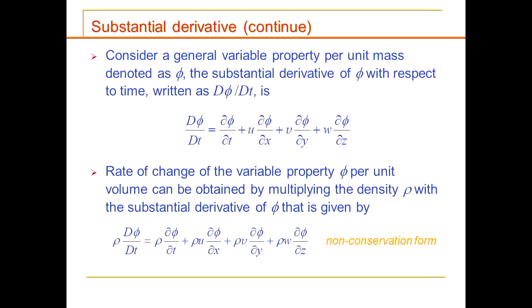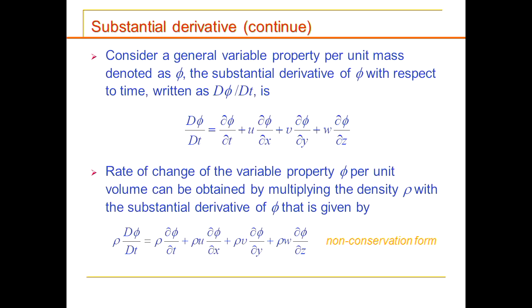So, as I mentioned, you can apply it to anything. So let's say, for example, we have any property equal to phi. So D phi by Dt, big D, equals your local time-dependent term plus your three spatial terms. So u d phi/dx, v d phi/dy, and w d phi/dz. Okay,